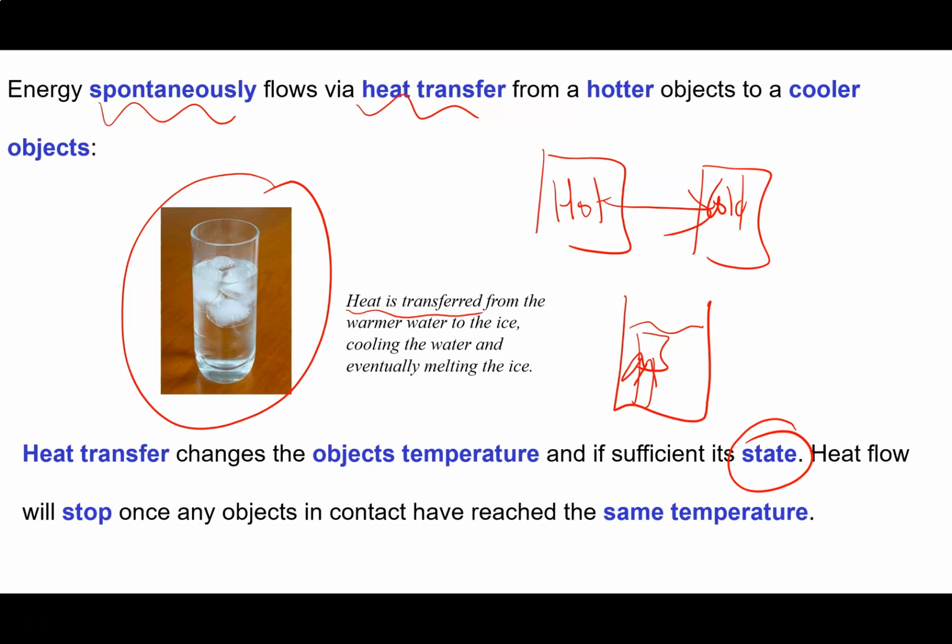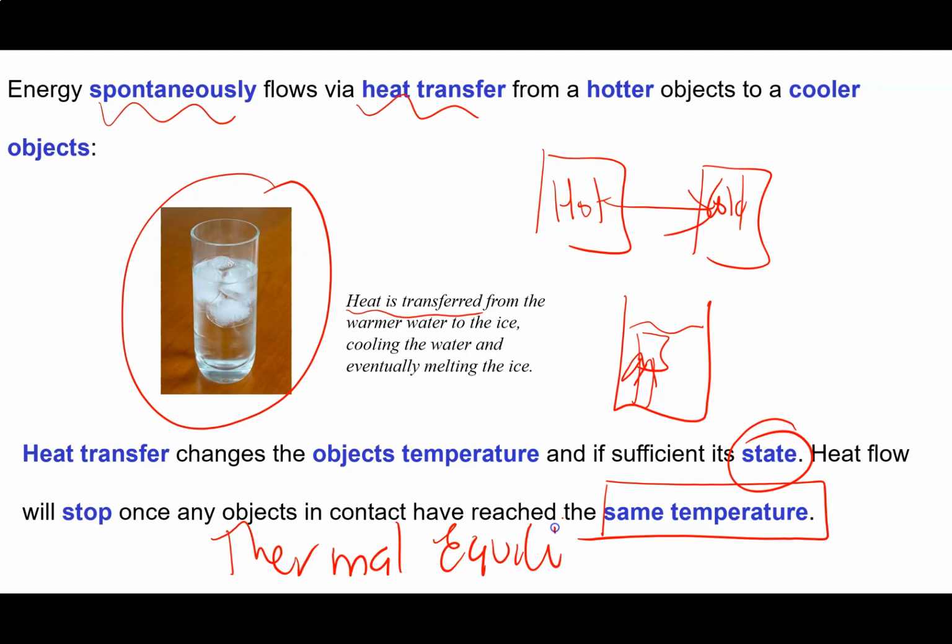So for how long does heat flow? When does this heat stop flowing? Well, heat will flow from a hotter object to a colder object until the objects have reached the same temperature. That's why when you pour a cold glass of water, heat will flow from the room into your cold glass of water until your water is at the same temperature as the room. So when objects come to the same temperature, we say that they have come to what's called thermal equilibrium. Okay, so they reach the same temperature, and we're going to use that observation later on when we start doing some calculations.